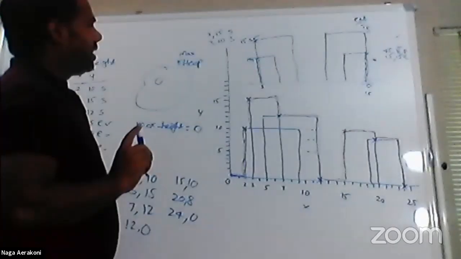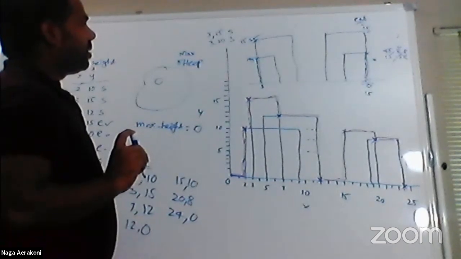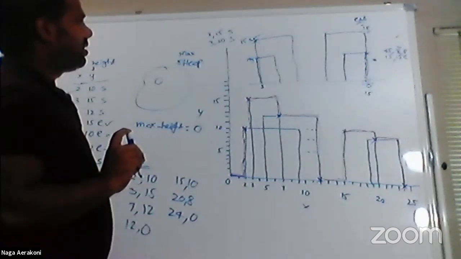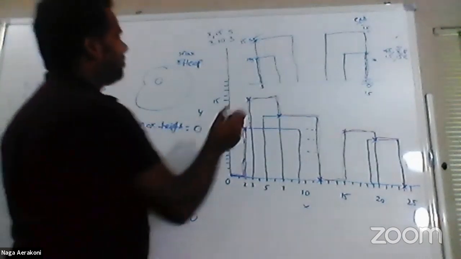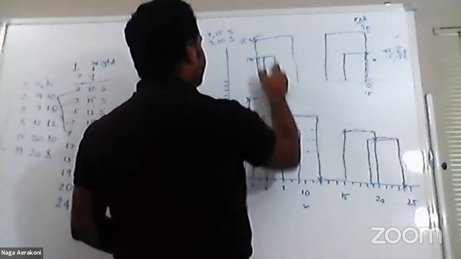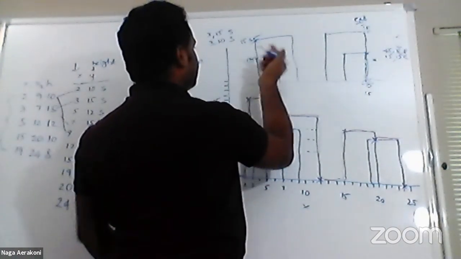I think these are the two conditions. I think there may be a few other edge cases, but that's okay. If there is a building entirely surrounded by this, I think it's still